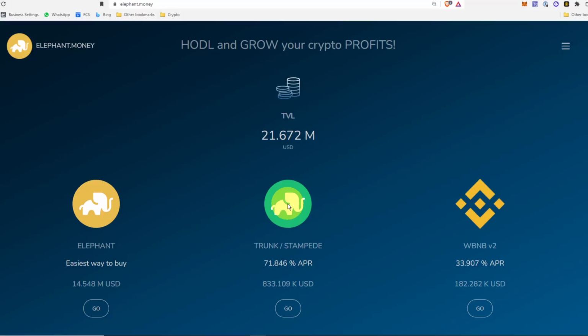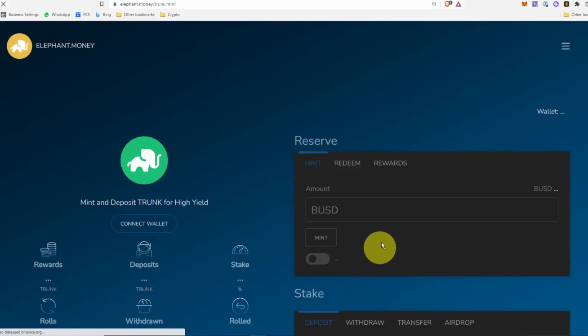My name is SK CryptoK, and today let's talk about Trunk and the latest contract Stampede and how exactly everything ties in to feed and make Elephant token go parabolic. So inherently, Trunk itself is a token that is partially collateralized by both BUSD and Elephant token at 75% and